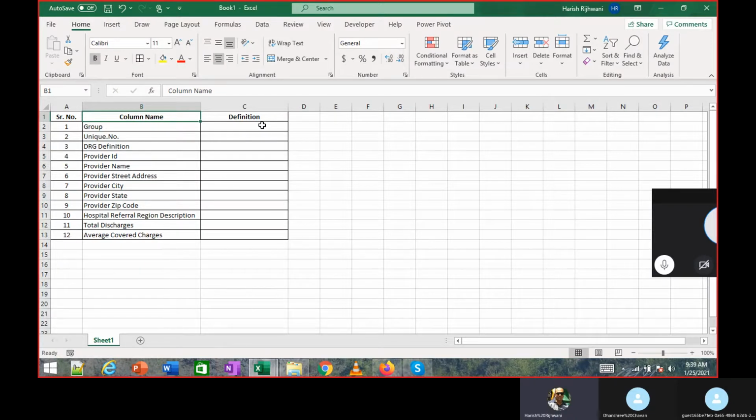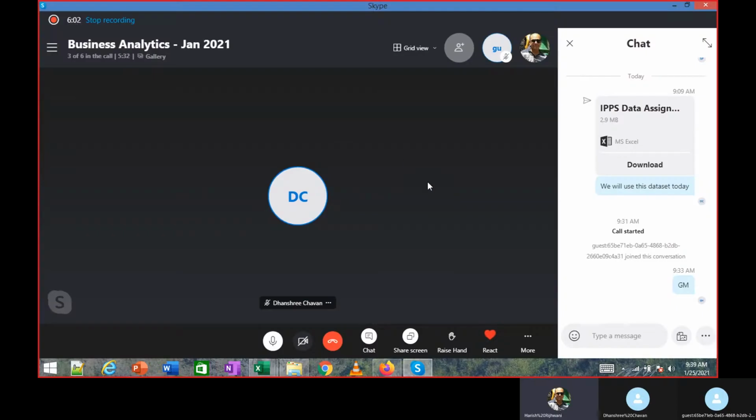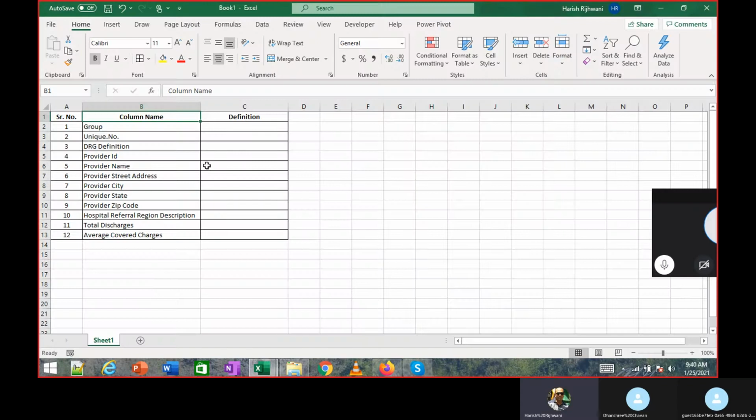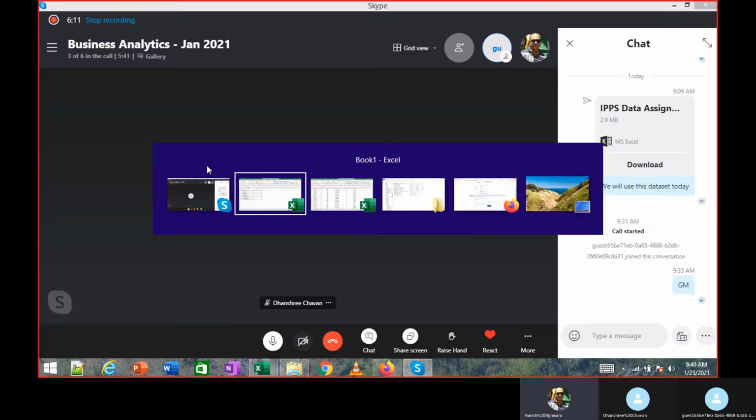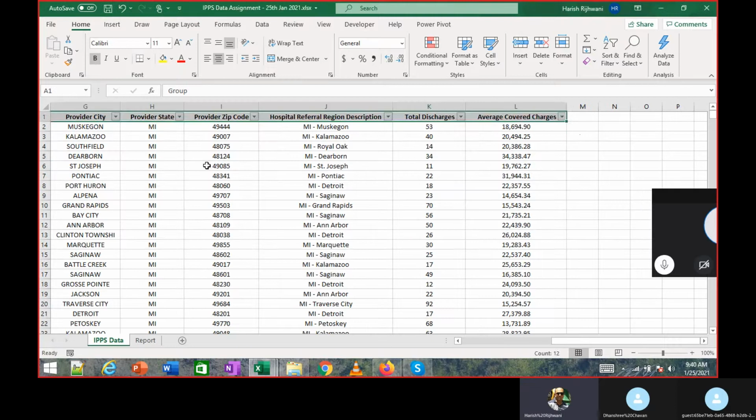Just looking at this data, which columns are not easy to understand or you're hearing it for the first time? Anybody? Any idea which column you've seen for the first time? Look at this particular data.